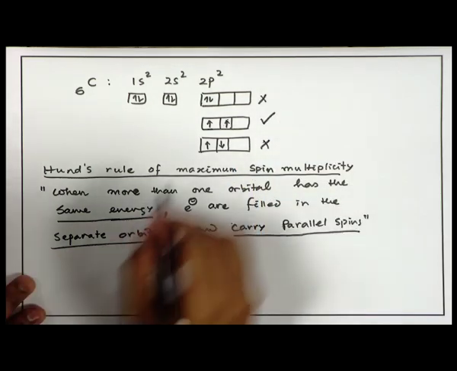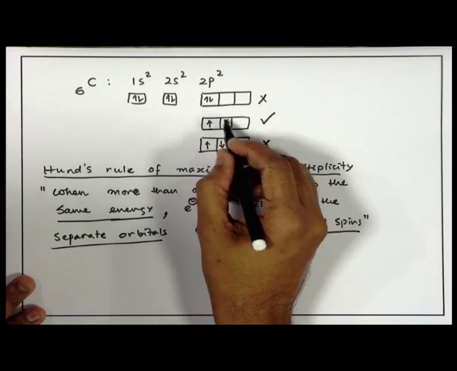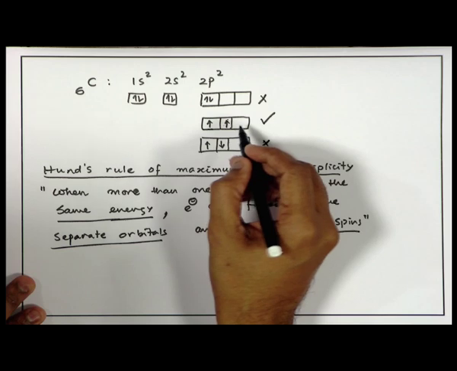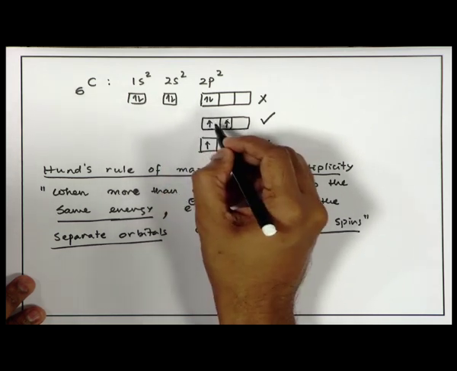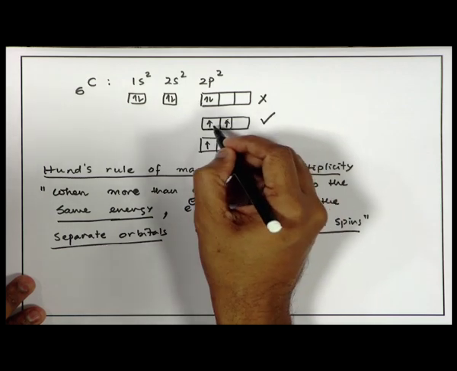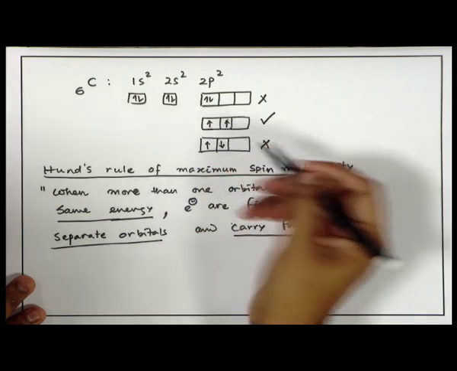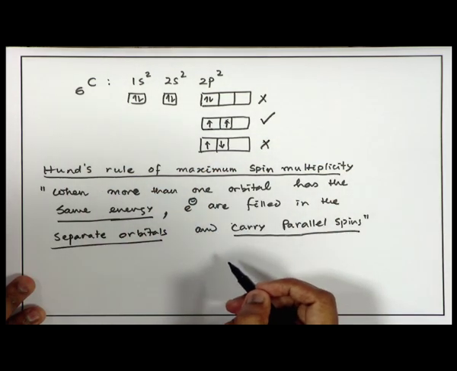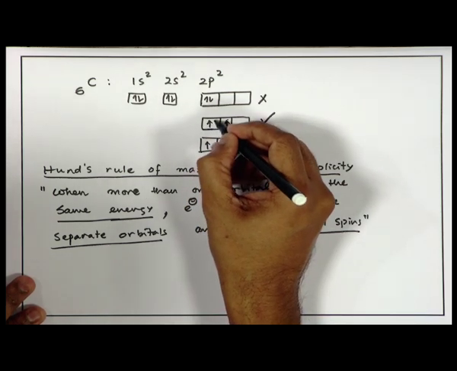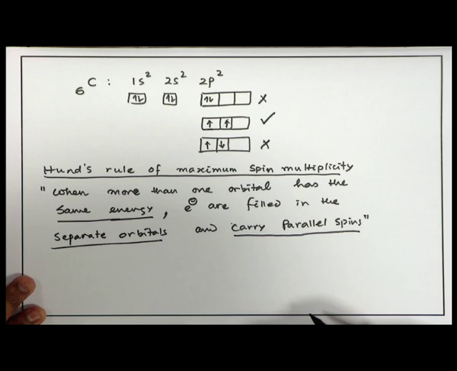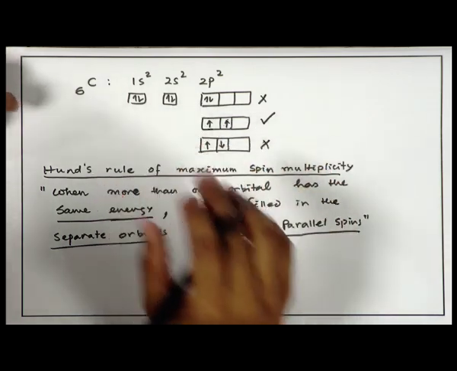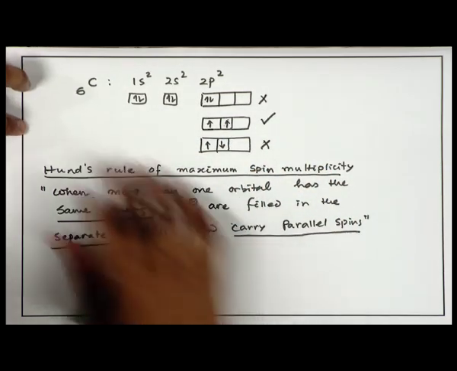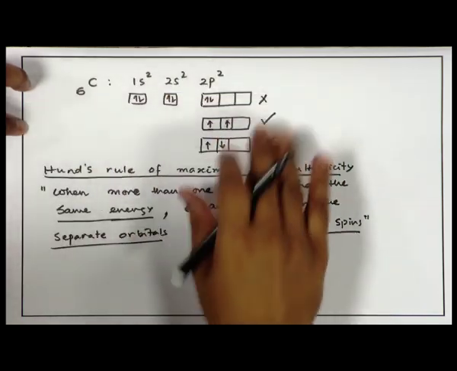So, the way we fill the electrons is that we first fill each orbital singly, and once all orbitals are filled, then we will start giving a second electron to an orbital. When we give the second electron, we must give it with the opposite spin, because that is dictated by Pauli's exclusion principle. Otherwise, 2 electrons cannot have the same spin in the same orbital. So, taking together Hund's rule and Pauli's exclusion principle, we can write down this electronic configuration